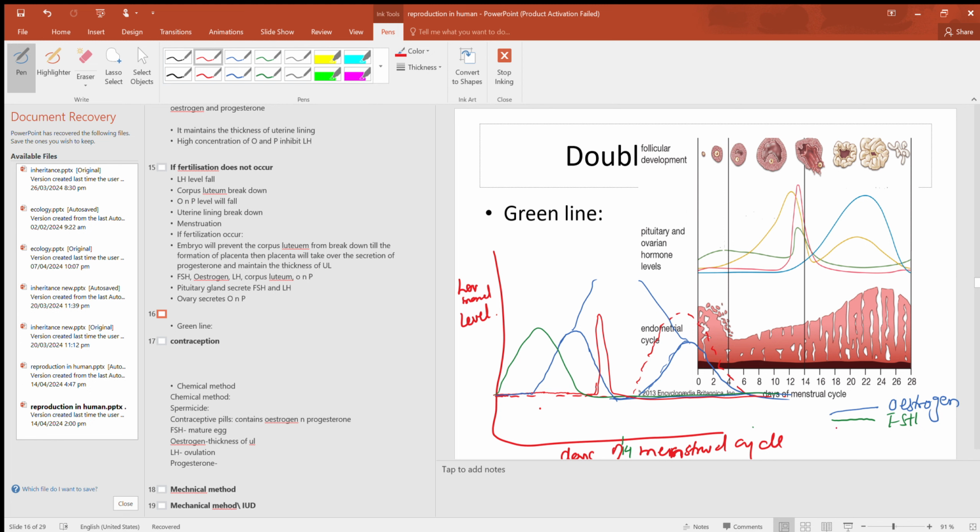The hormone whose concentration increases sharply and then there is a sharp decline, this one is LH, luteinizing hormone. And then the hormone which is shown with the dotted line, whose concentration increases only after day 14th, is called progesterone. Clear? So these are the roles of hormones in the